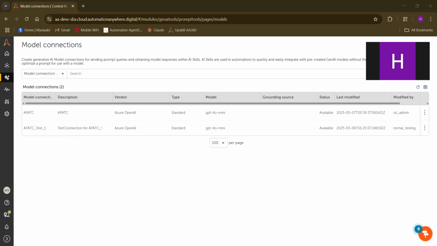Coming to the key features of model connections in Automation Anywhere: AI model integration, custom roles and permissions, secure authentication, testing and validation, and data management. It helps to connect to AI models for intelligent automation, and admins can assign model connections to specific users.